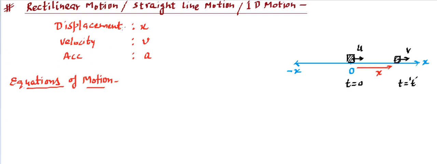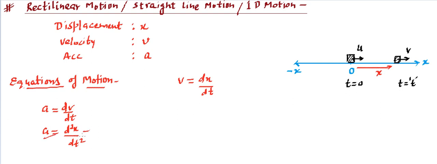First let me write the differential equation. The differential equation is v is equal to dx upon dt. So that's one equation. And for the acceleration term, we get a is equal to dv upon dt. That's the one equation for acceleration. We can also write this acceleration, if we write v as dx by dt, as d2x upon dt2, because it's going to be a double derivative.